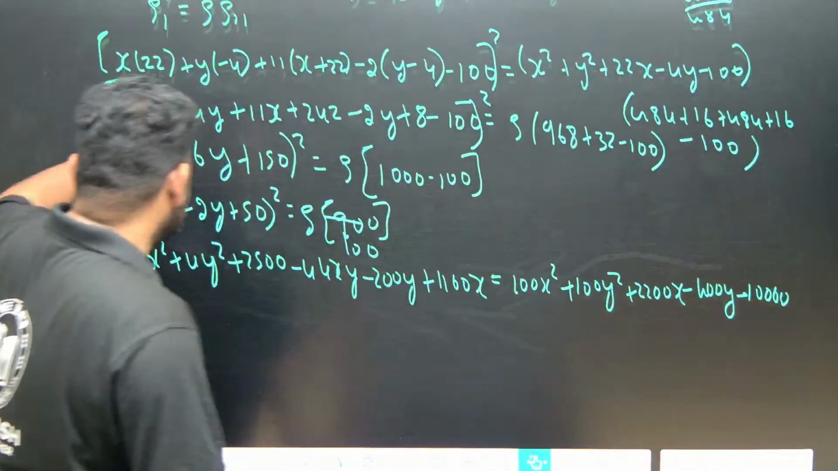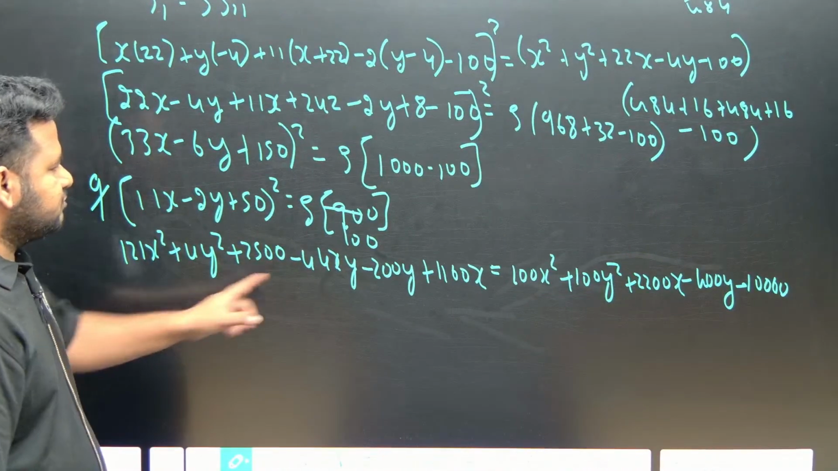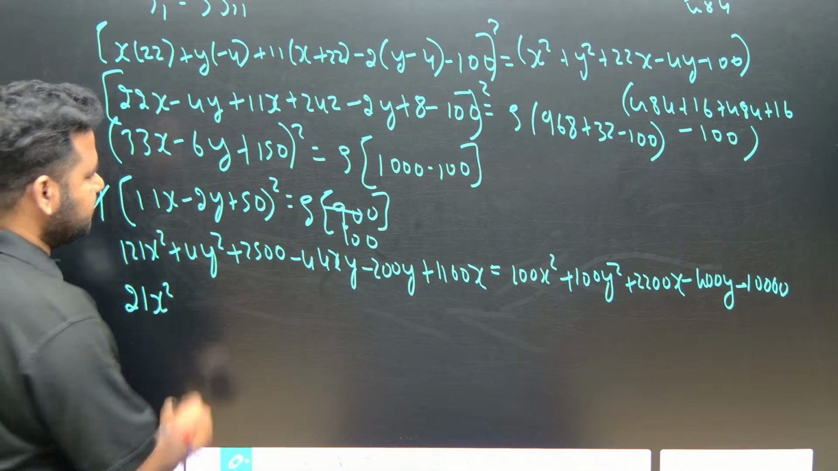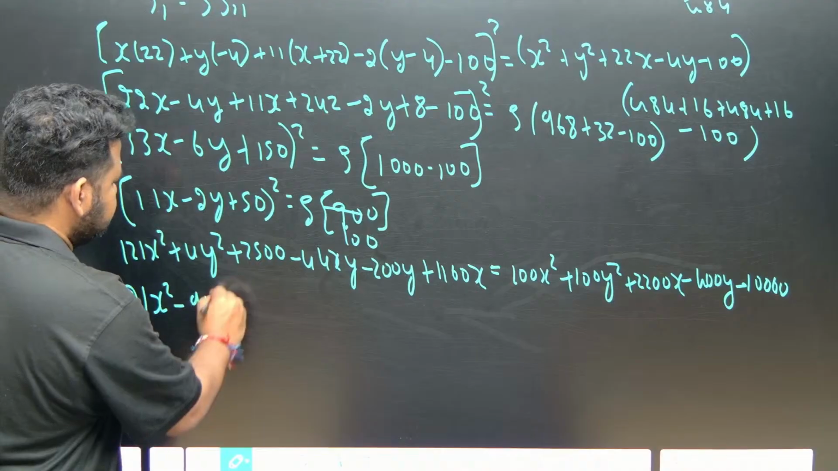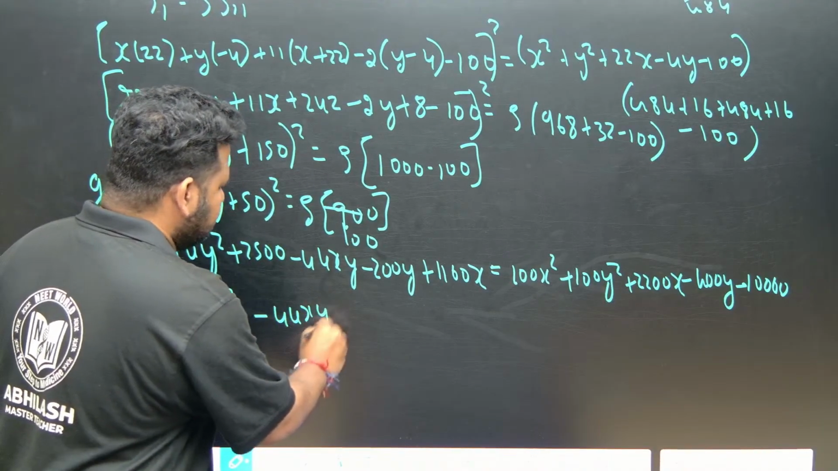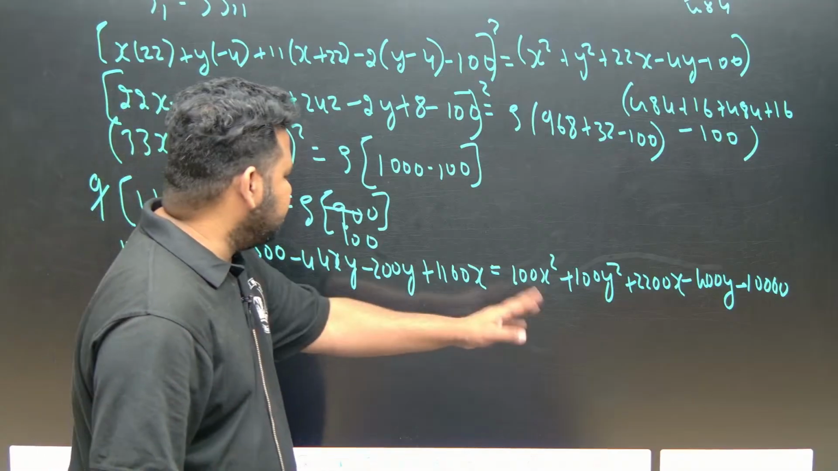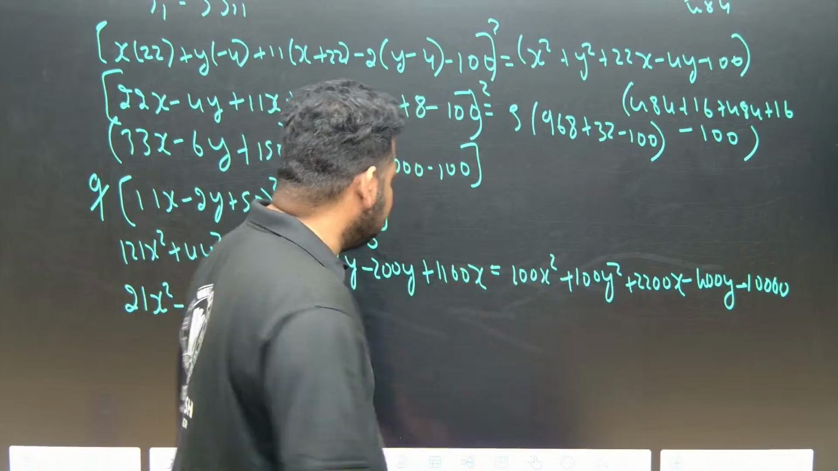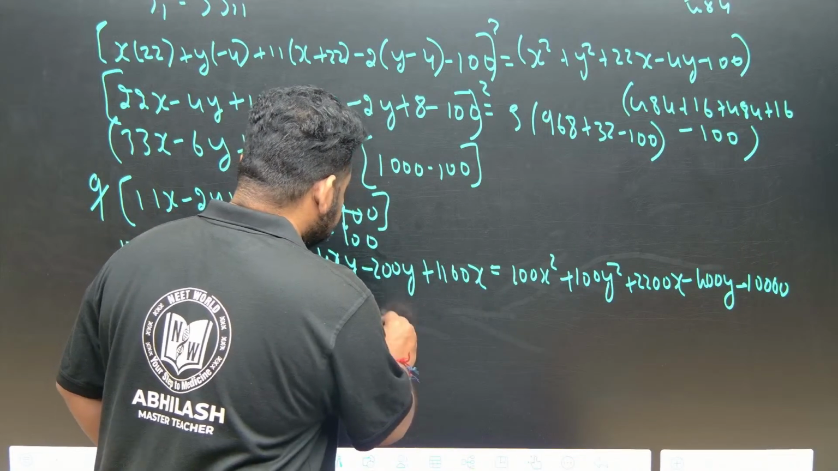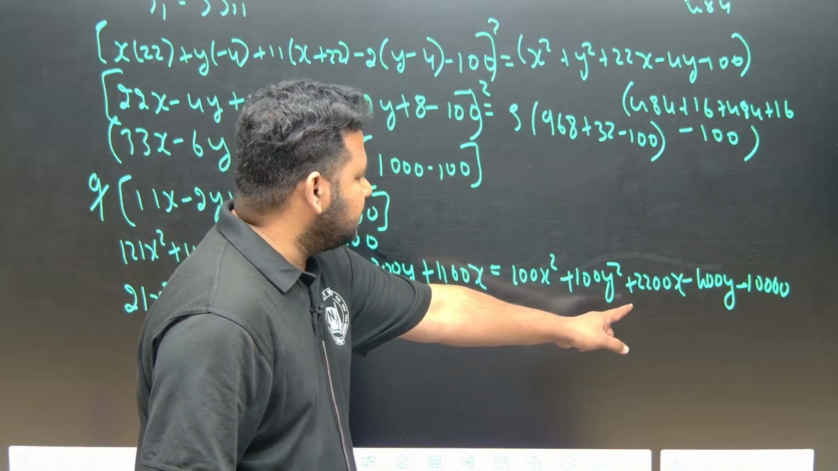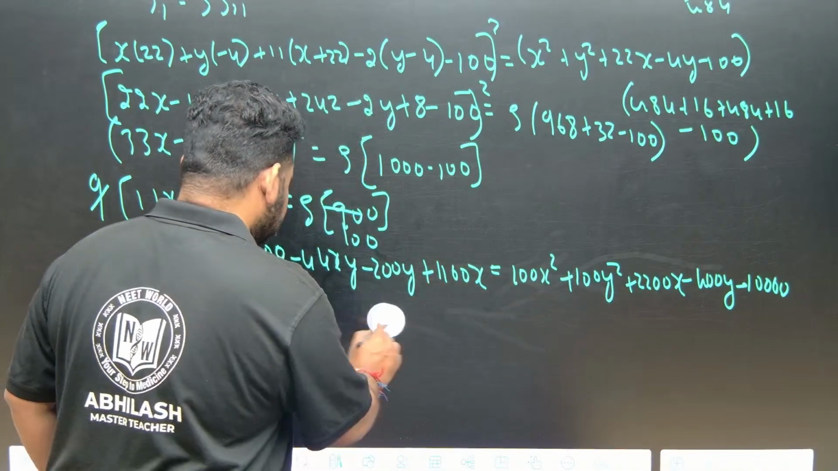Now see, on solving this, 121x square minus x square is 21x square, 4y square, this is nothing but equal to minus 96y square. 44xy will remain as it is, minus 44xy. 200y minus 200y, if I bring it this side, x will become plus 100x, plus 100x, this 10,000, right? This will become what? So see here,